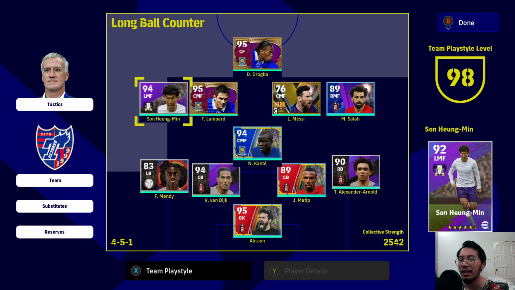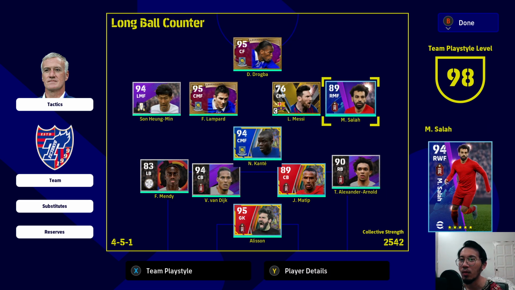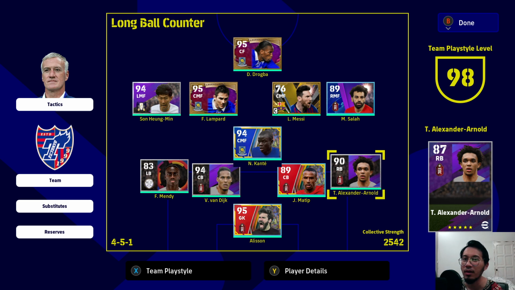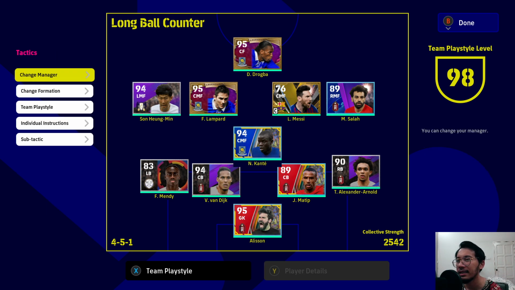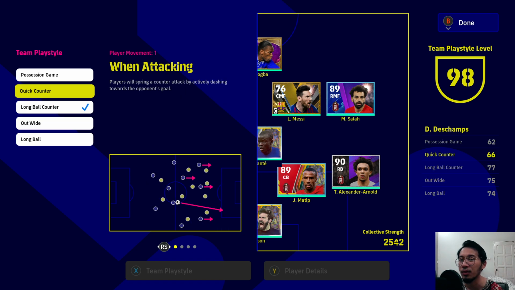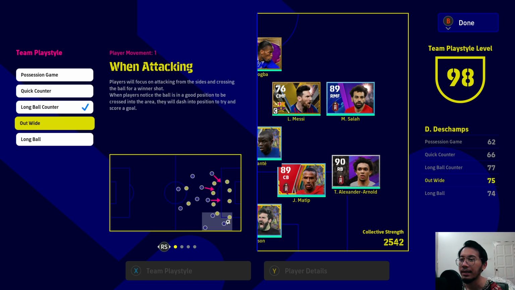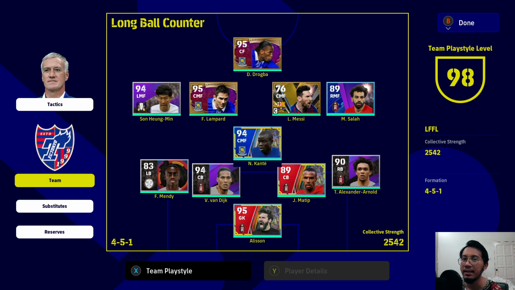So you can put anchoring on the roaming flank. Okay, so that's it for the anchoring, or you can put it on the fullback finisher. One more thing is anchoring is useful if you play out wide tactic. For the other tactics, not so much, but for out wide, because the players will go wider to give some